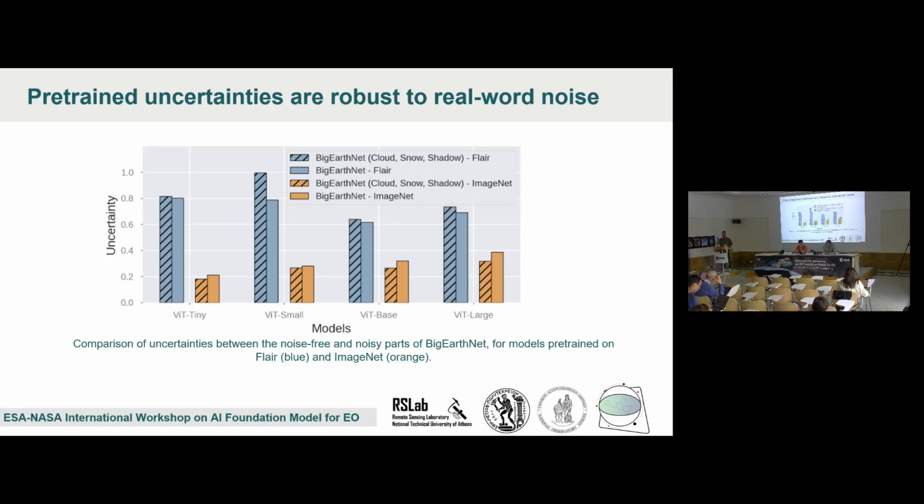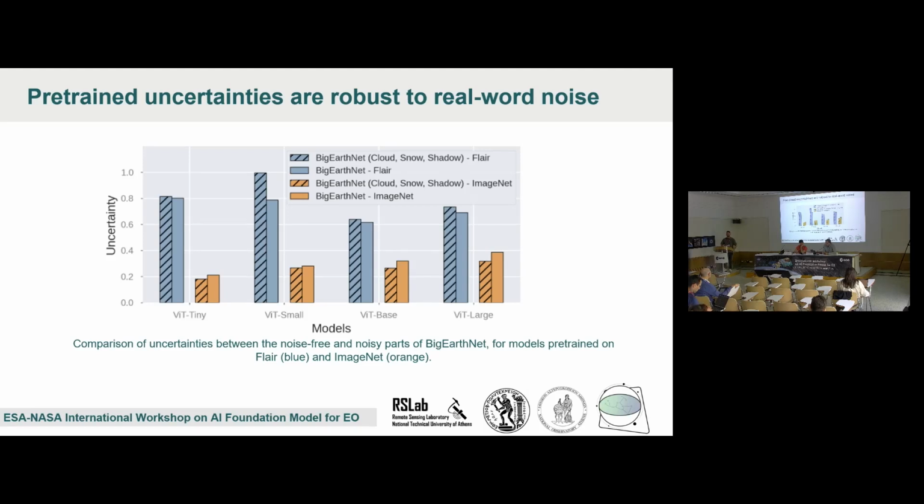With the hatched bars, you can see the prediction, the uncertainty estimation for the noisy part, and with the clean rectangle, you can see the uncertainty estimation of the clean dataset. Blue refers to pre-training in FLAIR, which is a land cover classification of high resolution in France, and